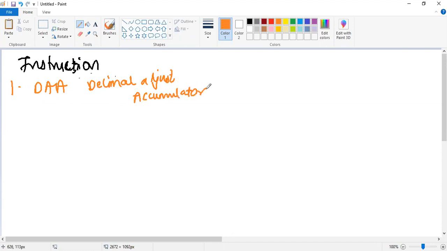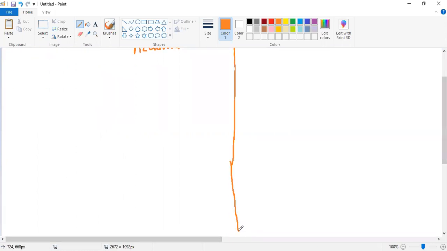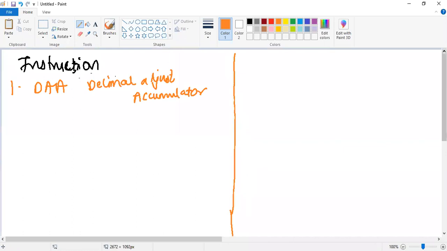See, I hope you all know how to do addition of a binary number. I hope you all know the difference between BCD and binary. If you don't, then let me know, because then you might not get this topic. So I hope you know the difference between BCD and binary, and how to do addition in the binary system. See, DAA is one of the important ones which always used to come in the exam, and this comes for 5 marks.